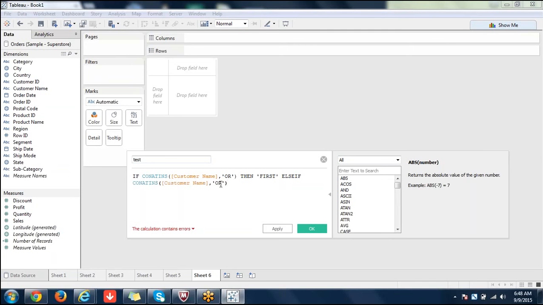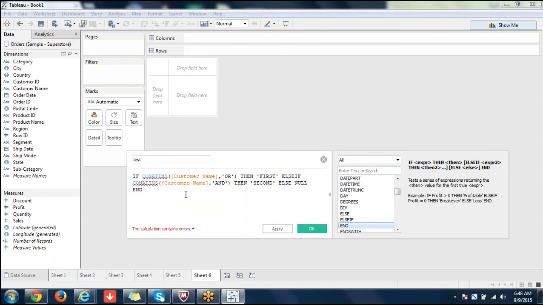Then second. So Sam, you can go ahead and write up to 8 or 10 conditions like this in if then else. Else null. I'm ending it. So this is nested if then else.